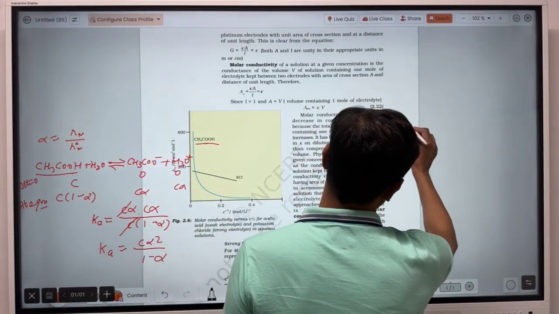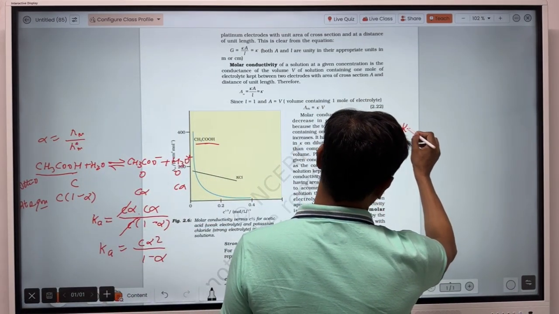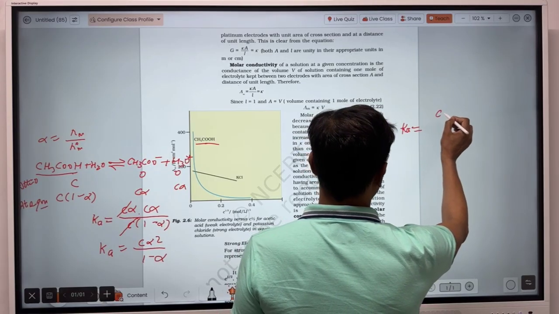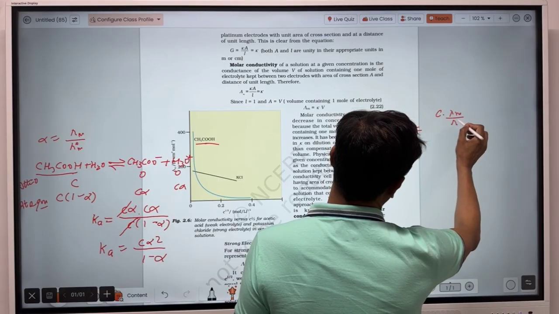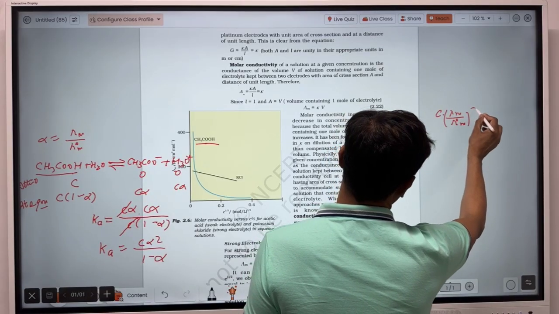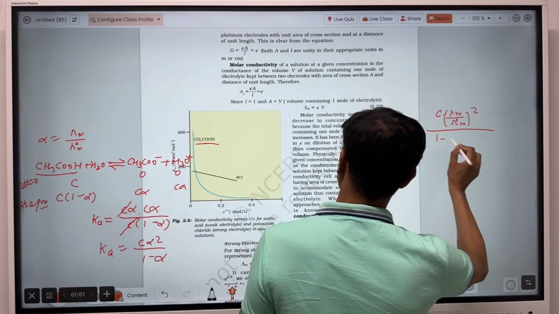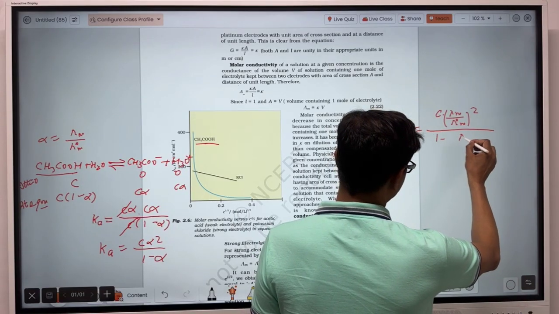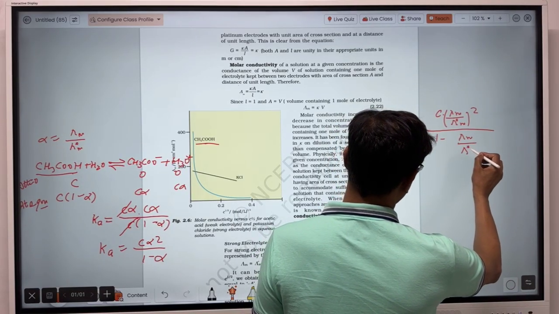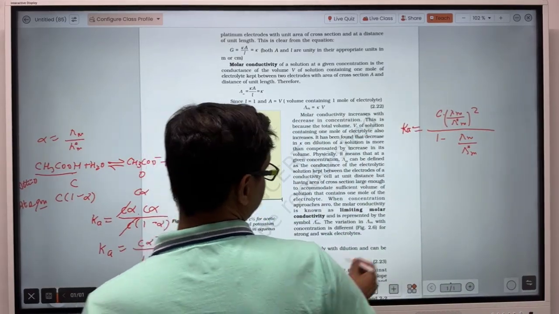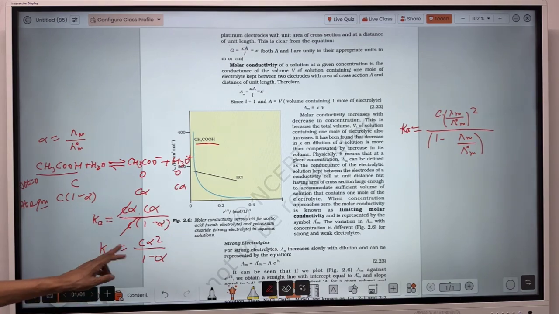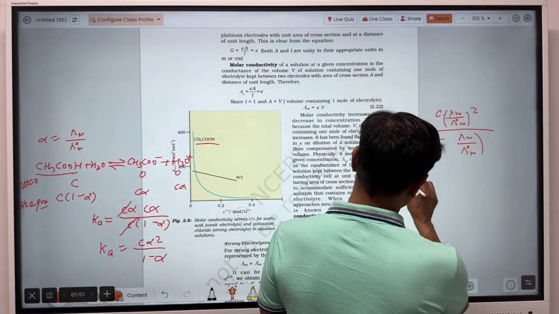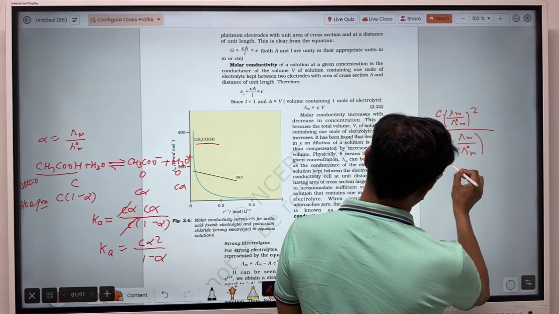Here Ka will be equal to C into (lambda m upon lambda degree m) whole squared, upon 1 minus lambda m upon lambda degree m. I think there is no problem here. Ka is equal to C alpha square upon 1 minus alpha, and I have put the value of alpha. So Ka will be equal to